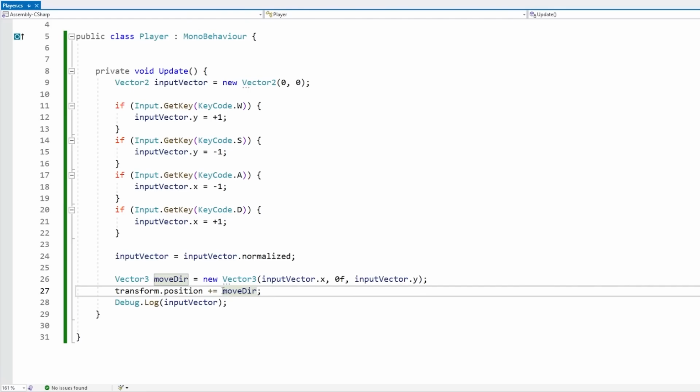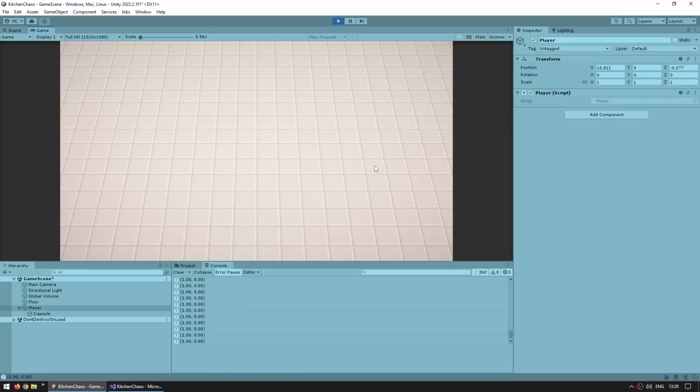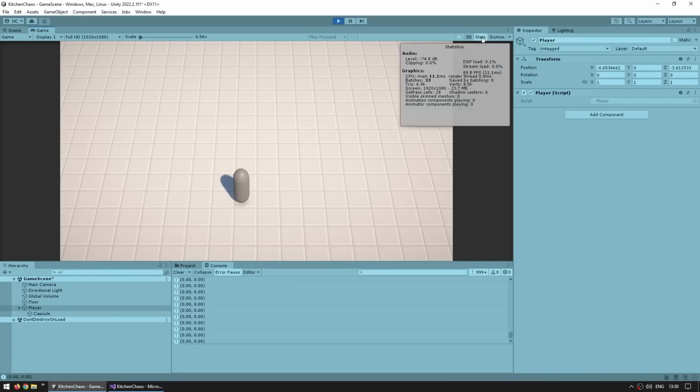Okay, so let's test. So now if I press D, go right, go left, and press W and S, and there you go. Okay, great. So it is indeed moving left, right, forward, and back. Okay, great. So it is working, but as you can see, it's moving insanely fast. You might think the issue here is just applying some sort of movement speed multiplier, except there's actually one sneaky issue here. Here on the game view, on the top right corner, we've got a stats button,